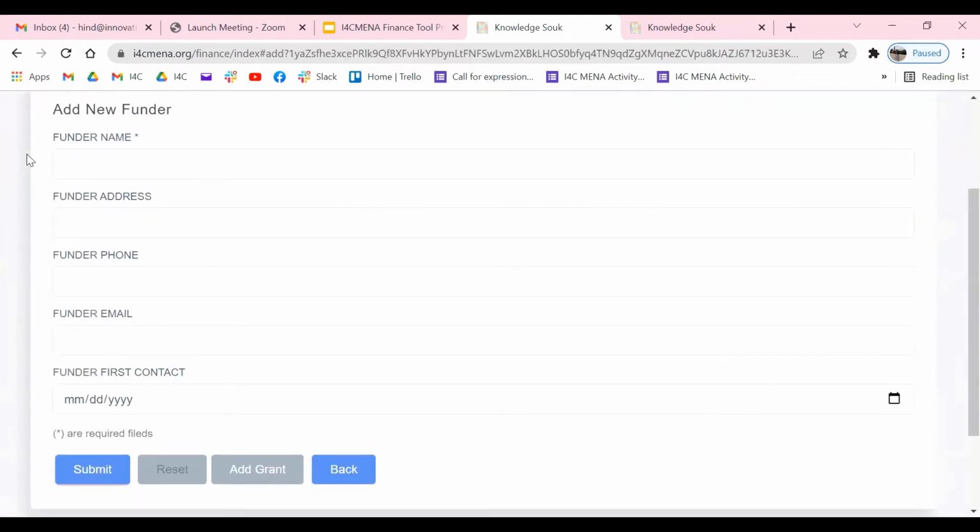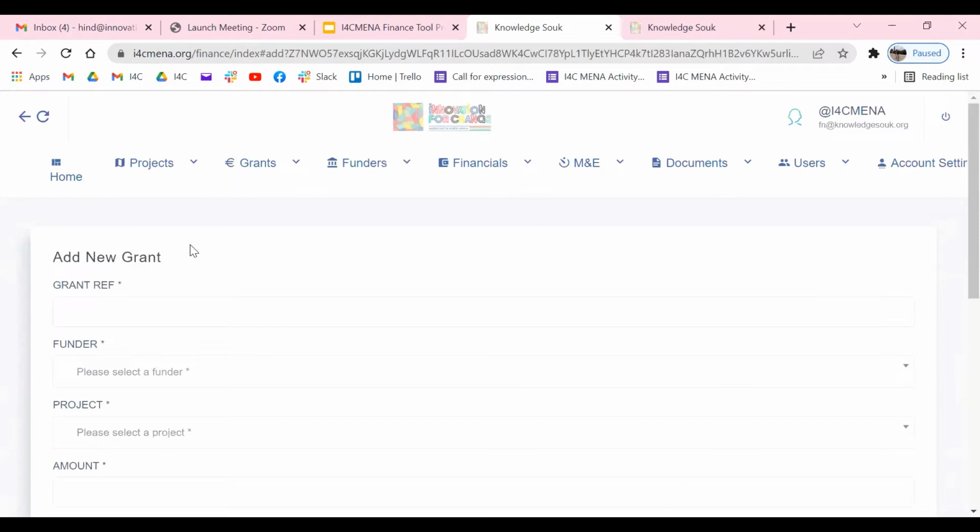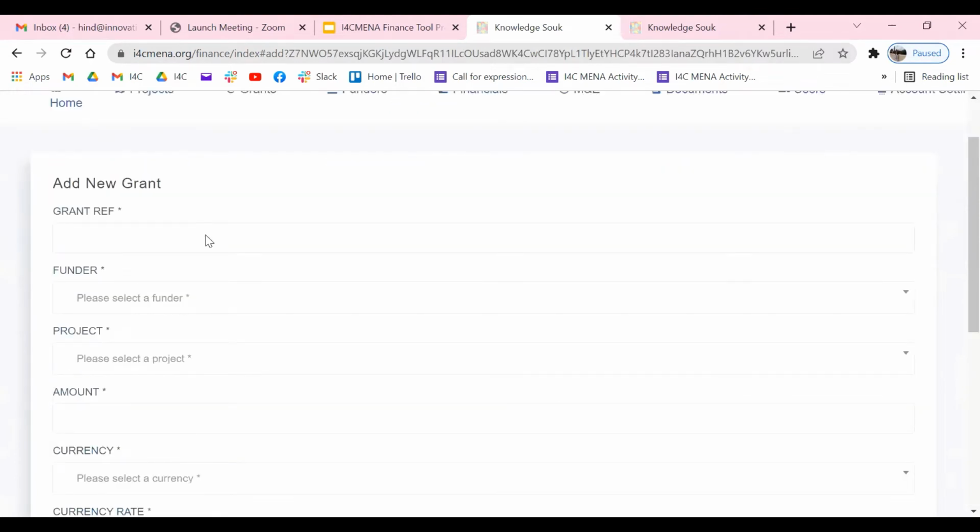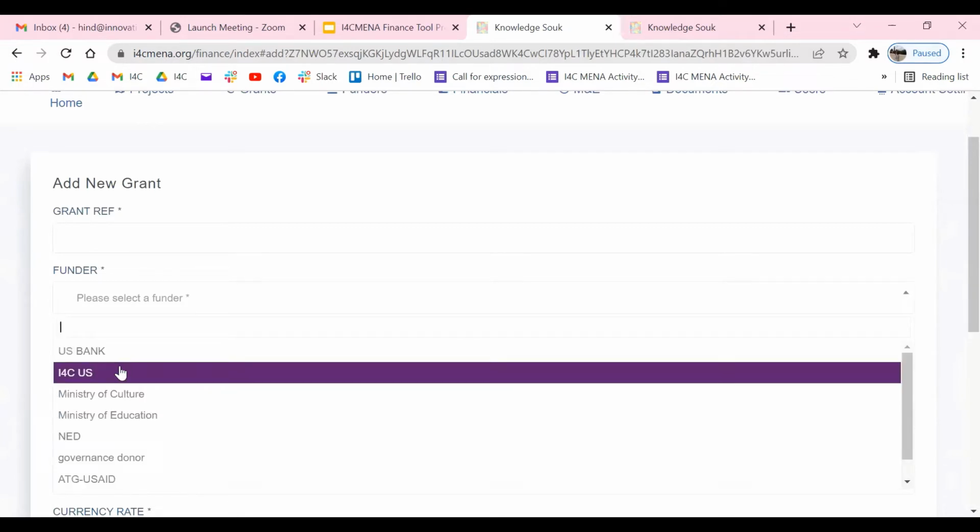Right here, we put the name, the funder address, phone number, email, first contact date, and after that we include the grants details. So here the reference of this grant, also the funder's name, we have to select it from the list. Normally you should select the one that we just included or saved in the tool.